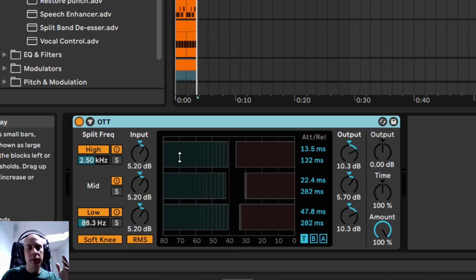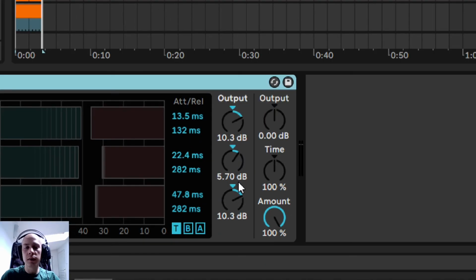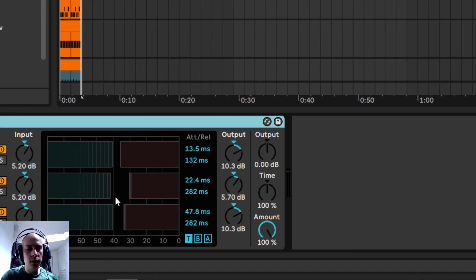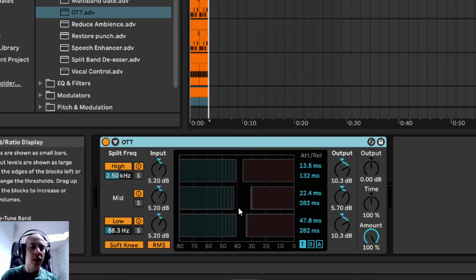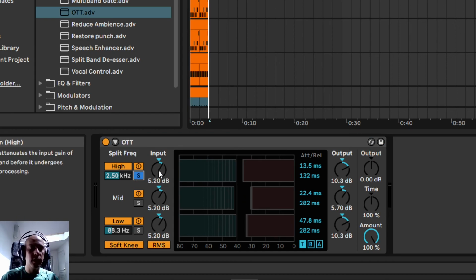The magic behind this particular OTT preset is the following. At first, the high frequencies and low frequencies are much louder than the mid frequencies in the output. This is something which you also do when mastering your tracks. Often the only thing in the EQ you do is increase the high-end volume to make the track brighter, but also bring up the low end to make the bass heavier. The OTT compressor brings out more details out of the sound. That is because the high frequencies are compressed much heavier than the mid frequencies.